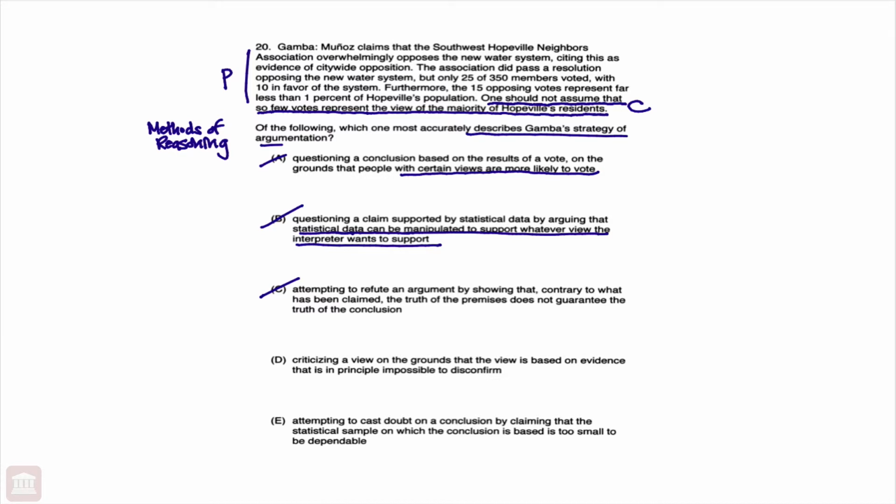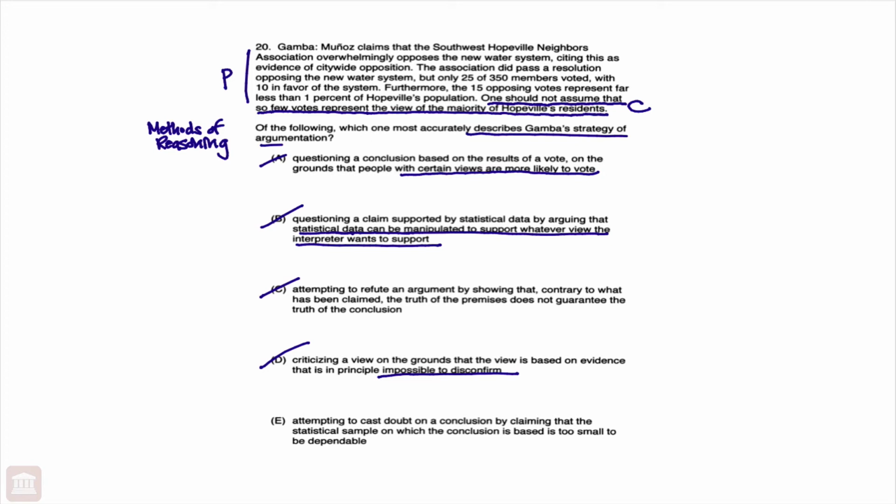D, criticizing a view on the grounds that the view is based on evidence that is in principle impossible to disconfirm. And again, that is not Gamba's problem here. It's not about it being impossible to disconfirm, so D again does not apply, which brings us, by process of elimination,